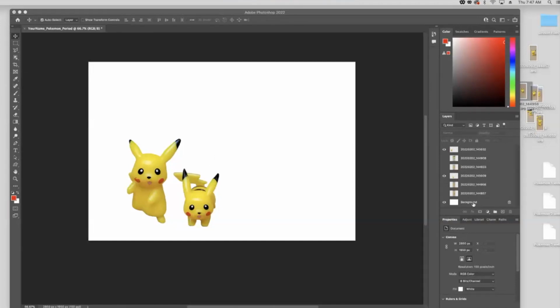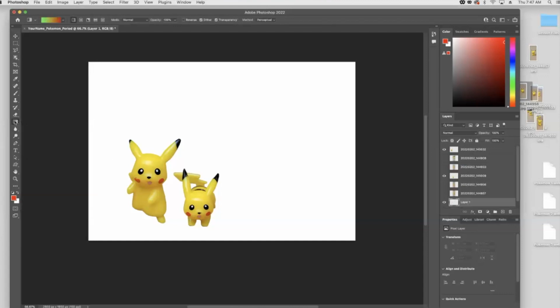So I'm going to go down to my background layer, and I can simply add a new layer on top of that to start. I'm going to add a new layer on top of that because what I want to do is try out layering down a gradient. Your gradient tool is right here on the left side under the eraser tool. If you click on it, it's going to have